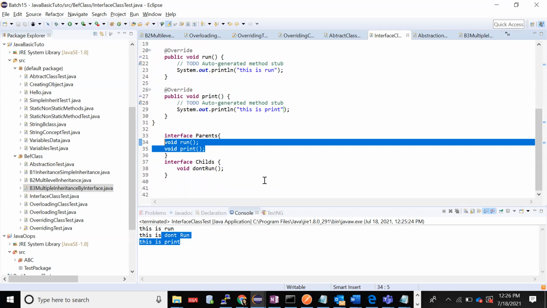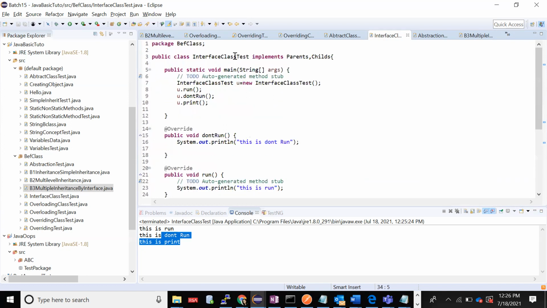By doing this you will achieve 100% abstraction. Now when you have two interfaces in a particular class, you can just implement both interfaces. But in real time with respect to classes, you cannot extend two classes. If you extend, it will give an ambiguity or a compile time error. It will not allow you to do that. Multiple inheritance is one class extending two classes, and that can be achieved with the help of the implements keyword, by implementing the two interfaces.